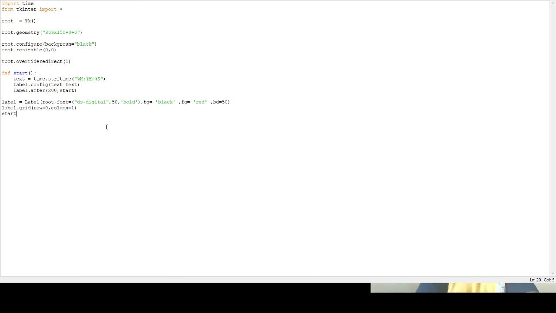Start brackets, press enter. Print brackets, double quotes, done. Then press enter. Then type the last sentence, which is root dot mainloop